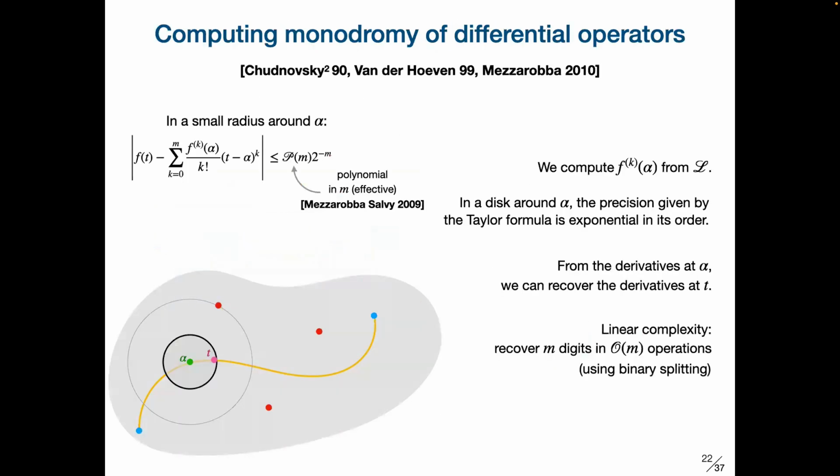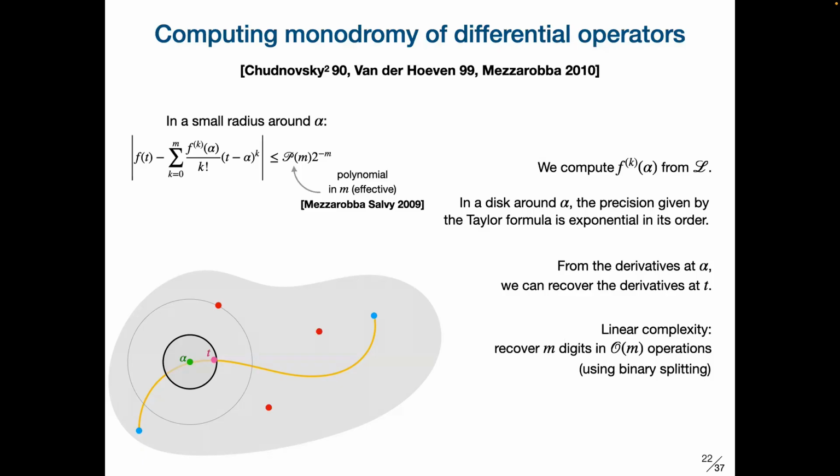But as I've mentioned, you can compute monodromy through the Picard-Fuchs equation that describes your family of n-1 dimensional varieties of the fibers. So let me first tell you how you compute the monodromy of differential operators efficiently and with guaranteed bounds of precision. So this is work of, again, the Chudnovsky brothers, which was later refined by Joris van der Hoeven and later